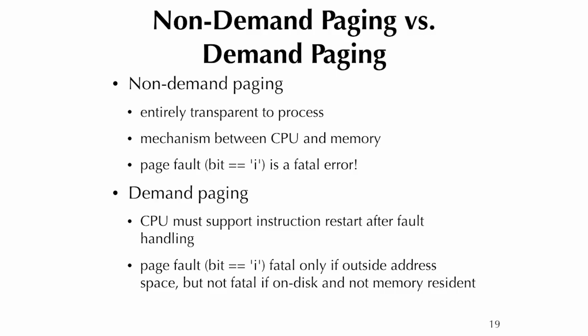So, non-demand paging. That means a page fault is a fatal error. So if the valid-invalid bit is I, it's fatal. There's really no other way to proceed other than to abort. Okay, the mechanism is between CPU and memory. This is assuming no disk. Or no, even if there's a disk,